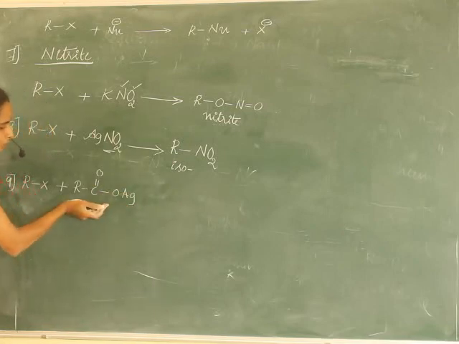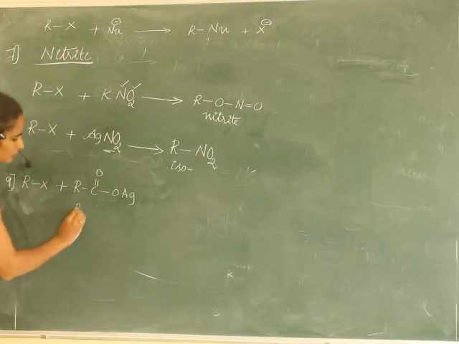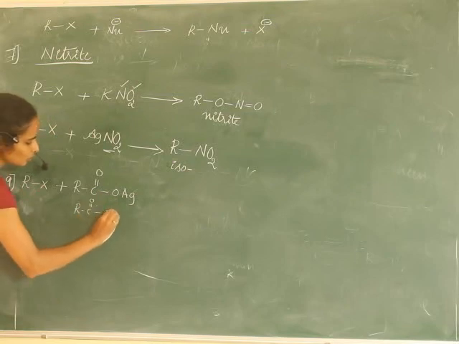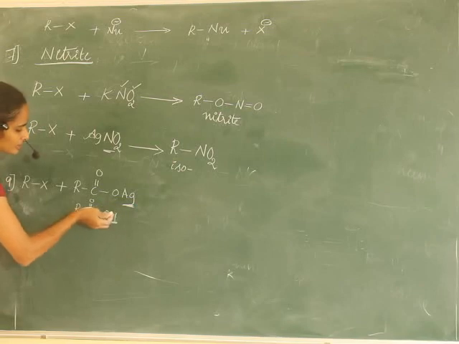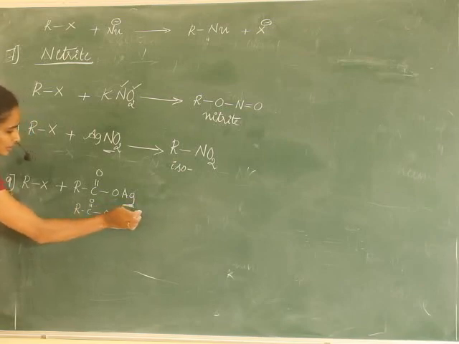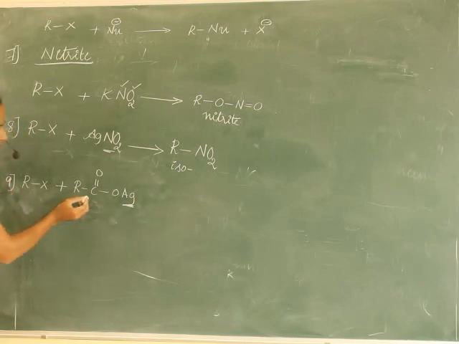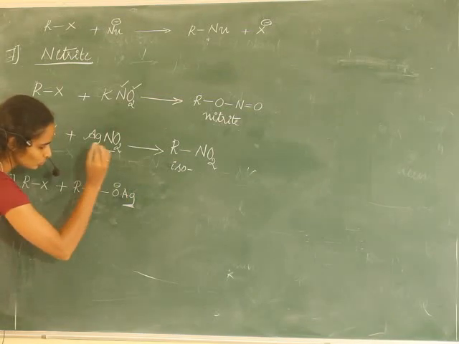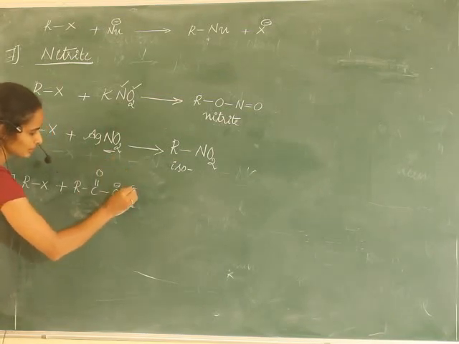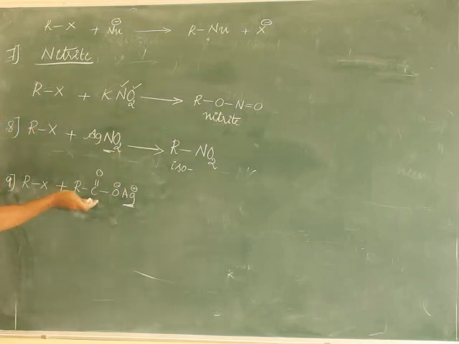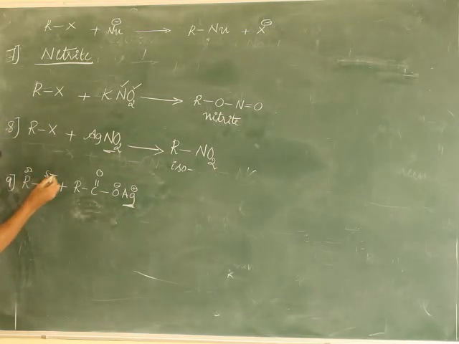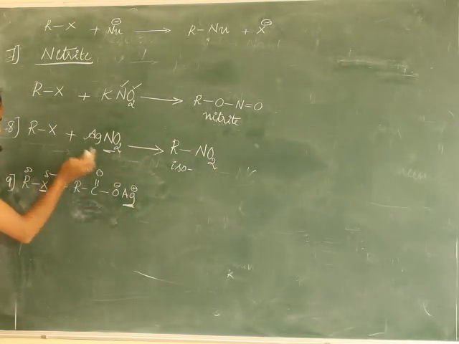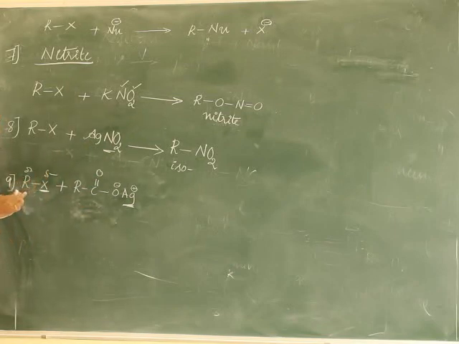Next reaction is the ninth one, alkyl halide reaction with the silver salts of carboxylic acid. Carboxylic acid structure is C double bond O, OH. If we replace the hydrogen atom by silver, then we will get the silver salt of carboxylic acid. Here the nucleophile is RC double bond O minus, and it becomes Ag plus, right? Now R C double bond O minus replaces X. Here delta positive, delta negative, and this negative comes and attacks the electrophilic center.